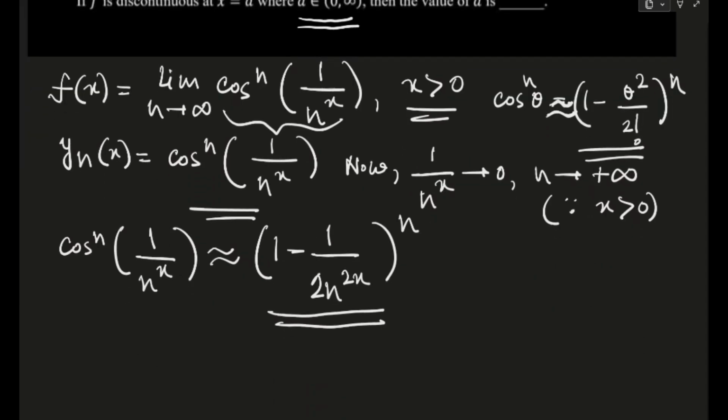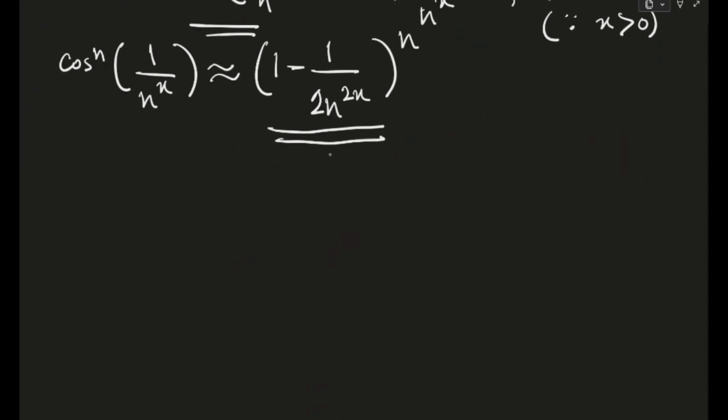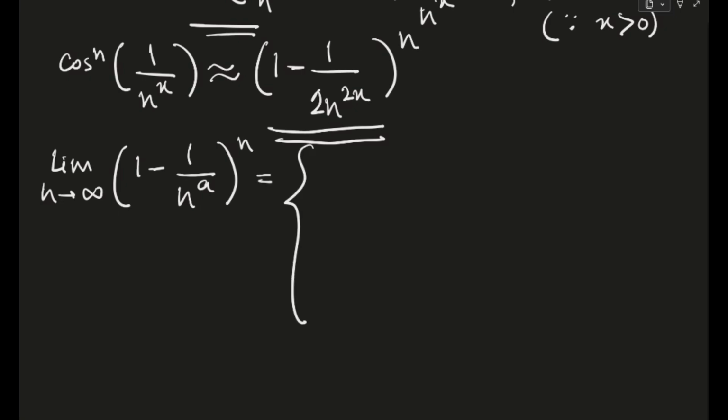So now what I am actually going to do is, for your convenience, this is actually a very standard limit. Not something that you have learned in your textbooks, but this is a very common sum. So I am writing it down. This will make our job easier for understanding. If we take limit n tends to infinity, 1 minus 1 by n power a, whole power n. I am defining this piecewise. First, we are taking this is a, and the a you see here